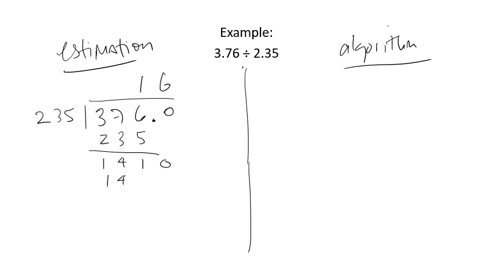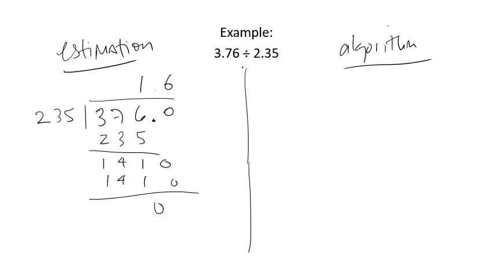So this is 1410. And so I got a remainder of 0. This divides evenly. Now, I get this answer of 16 up here. Let me fix that 6. I'm making it worse, actually. Now, I can move this decimal point up if I know to do that, or I could just leave this 16 as it is. And it's not going to make that much of a difference, really, because remember, this is an estimation. So I know that my answer is a 16, but I got to figure out where the decimal